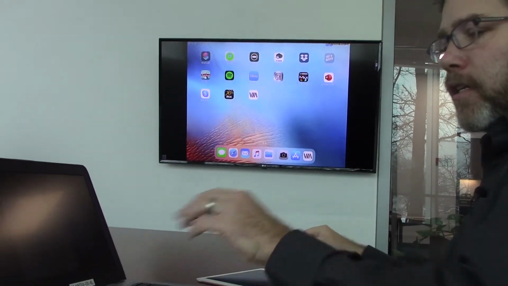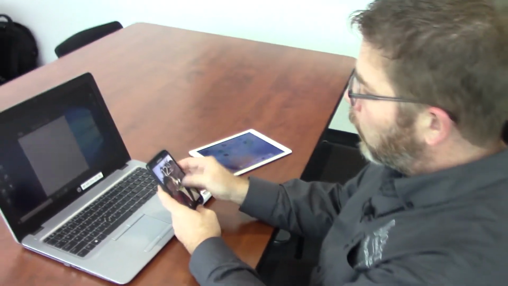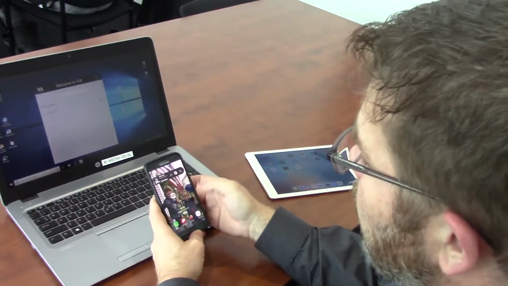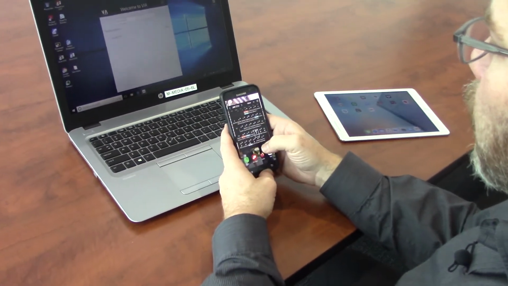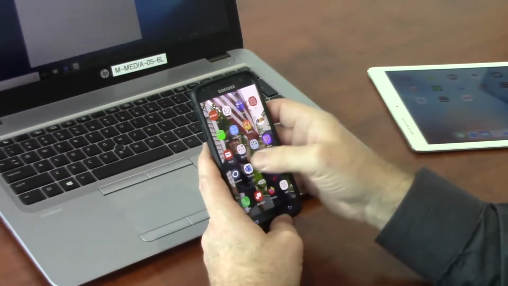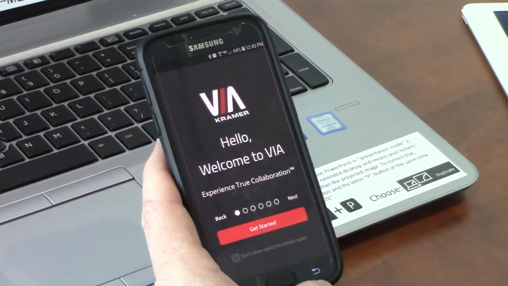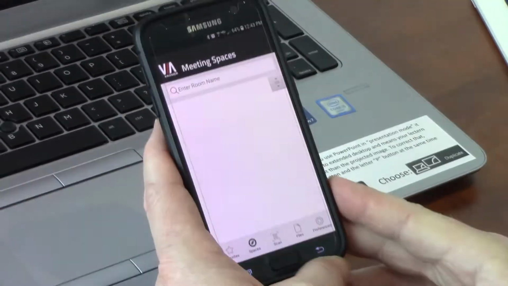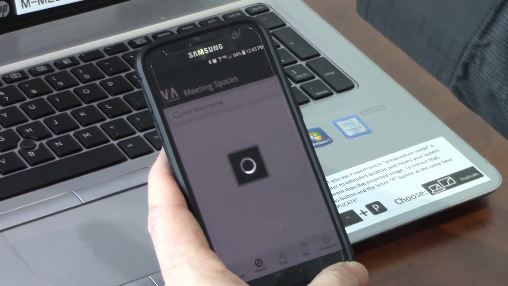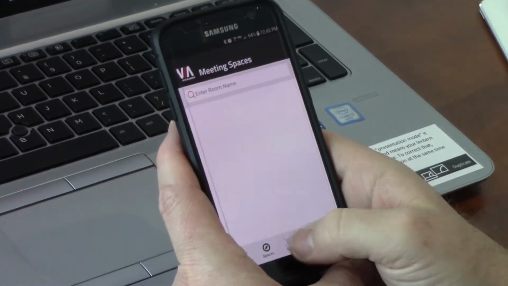Now in a collaboration environment, maybe someone on an Android device wants to do the same thing. So they're going to go ahead and log into their device and go to the Play Store. And from the Play Store, they're going to go to the VIA app, just like we did with the iOS device, and download that app. When I open up that app, it's very much like this. I'm going to go ahead and get started. I can either enter the room name as I did for the laptop, or I can use the QR code,